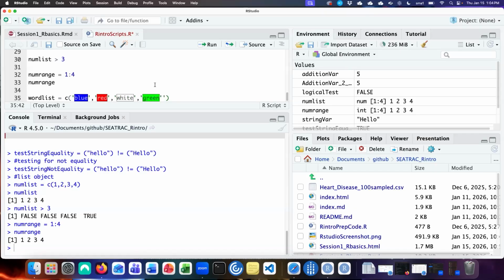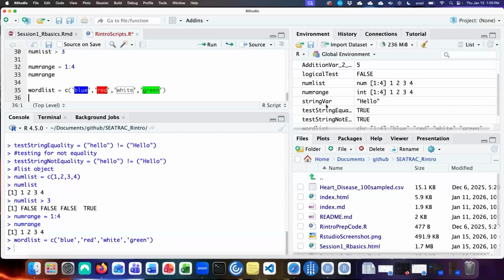And you'll notice that I am using single quotes to define the strings here, just because I'm being lazy. And R is also smart enough to detect that these words correspond to colors, and it's automatically coloring that. How cool is that? So if we save this word list,